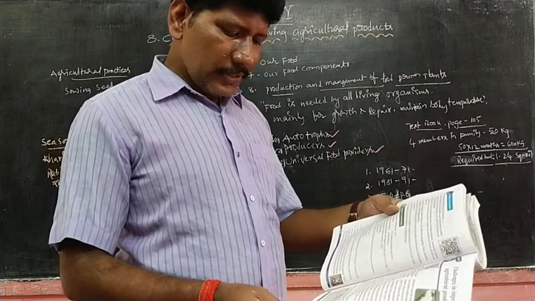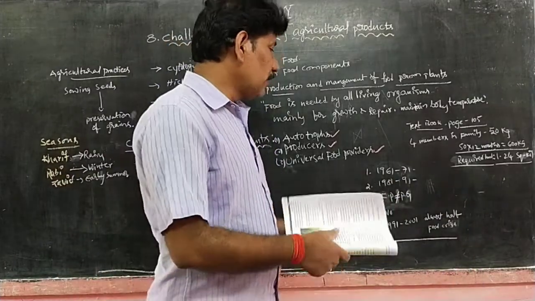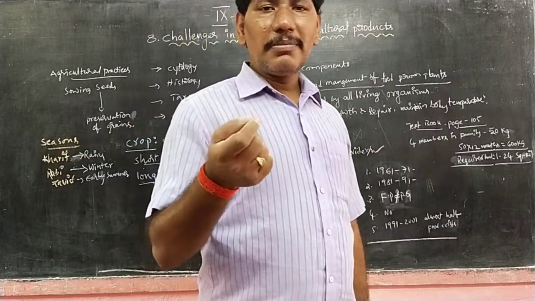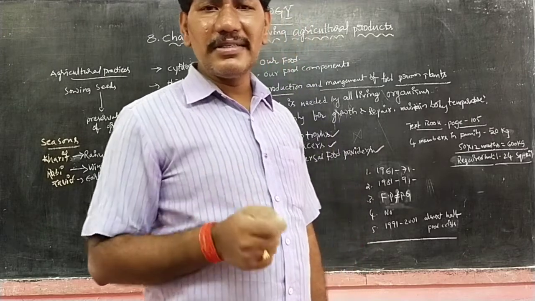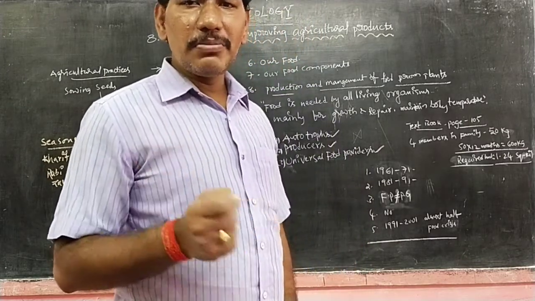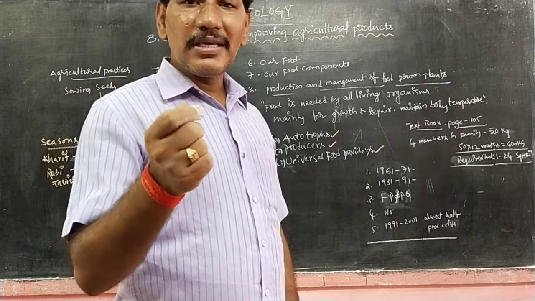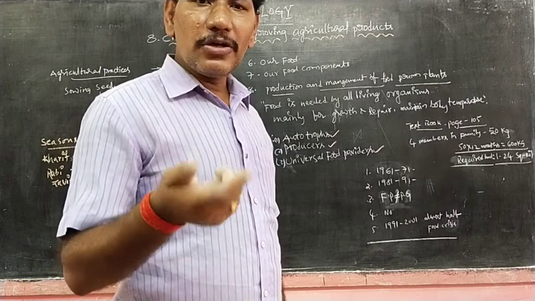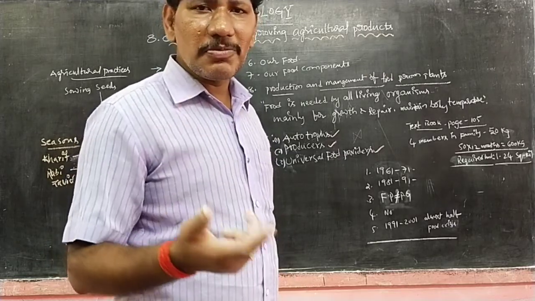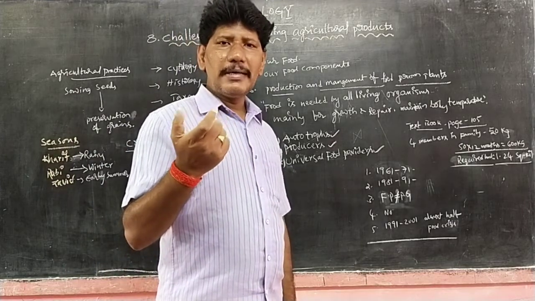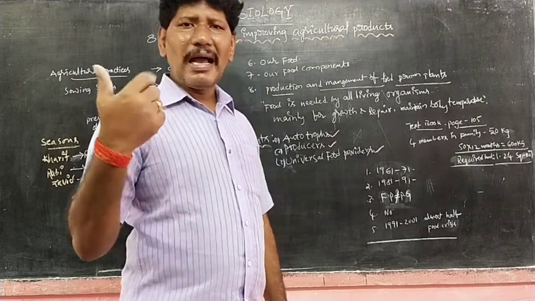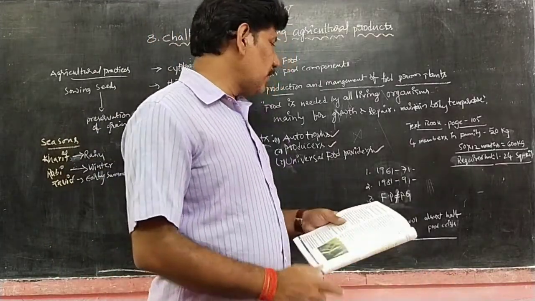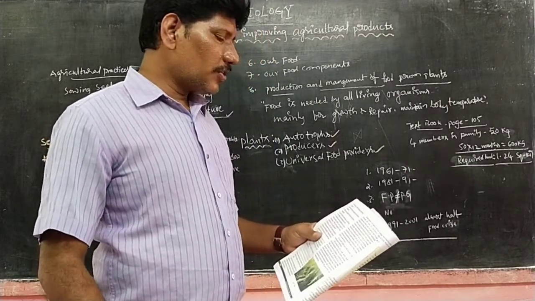Food grain production, 3.13. That means in 1981 to 1991, the end of the 1970s, we had the Green Revolution, led by the father of the Green Revolution, M.S. Swaminathan. That means the hybrid technology. Hybrid grains were introduced, especially in wheat and paddy. So we are getting high yields from 1 acre. In 1981 to 1991, we got the highest food grain production.